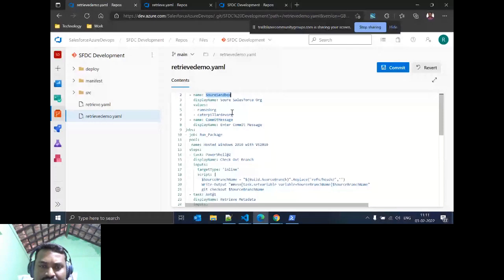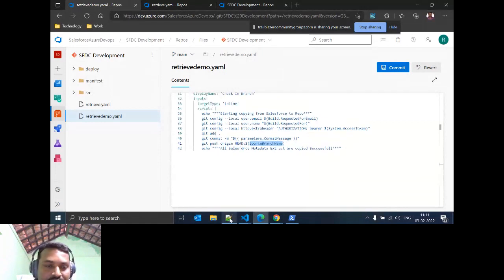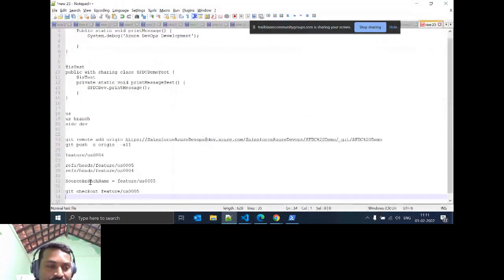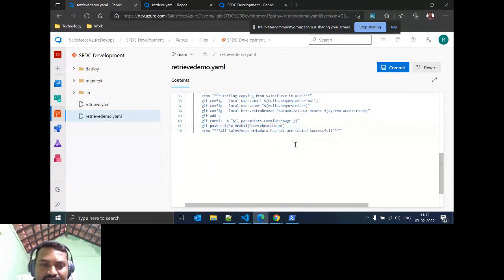Then the commit message he puts, and which branch we are going to push our pipeline code to. You are pushing to the Azure DevOps branch. This is the branch name we are passing as a parameter. Then whatever code goes from the Azure DevOps pipeline is pushed to the Azure Git repository. Now everything succeeded, and our deployment extract is copied successfully.